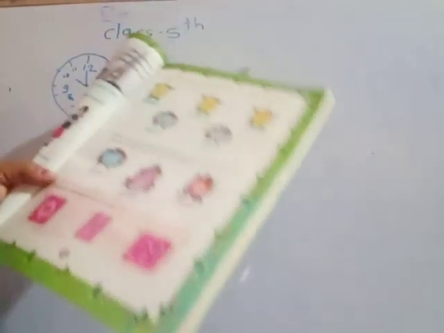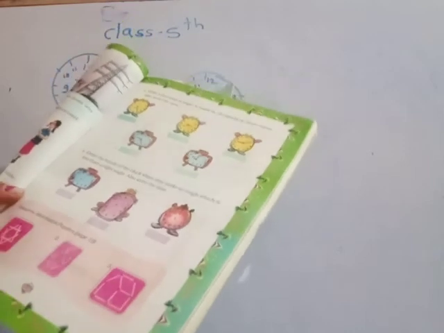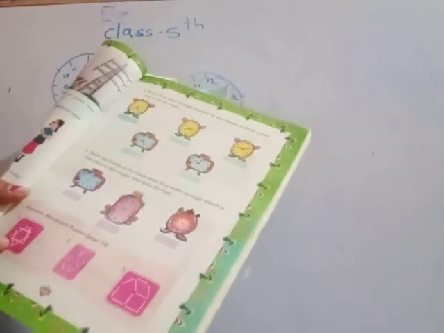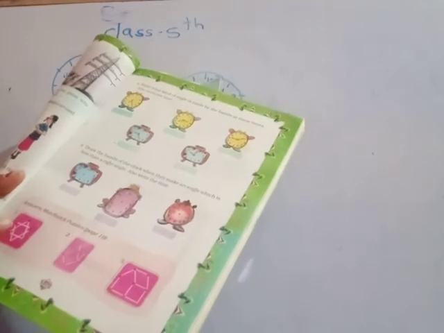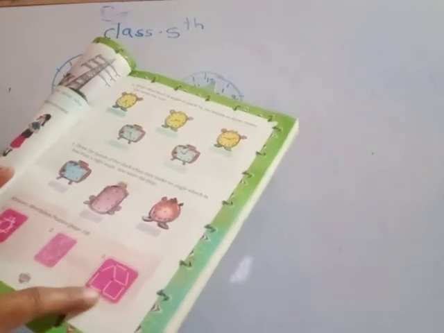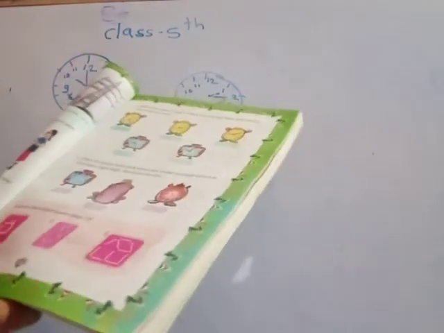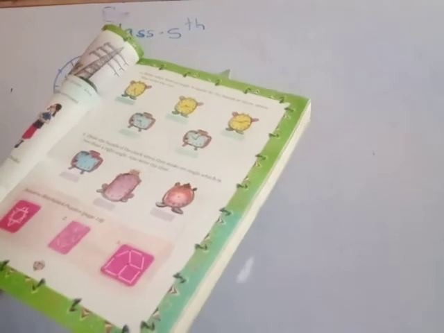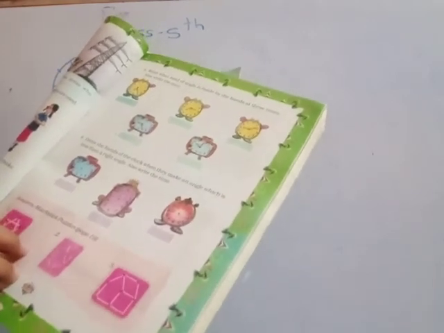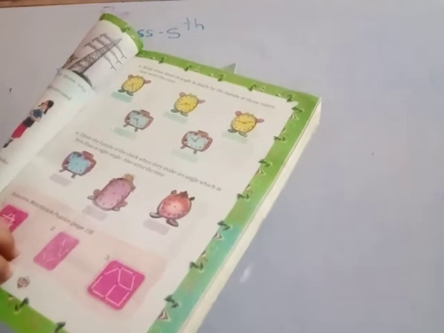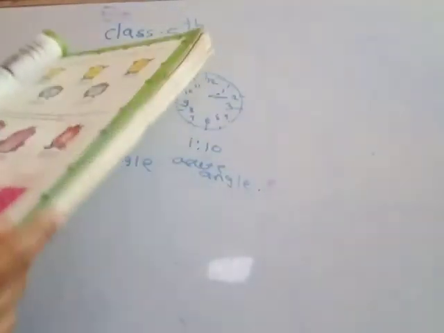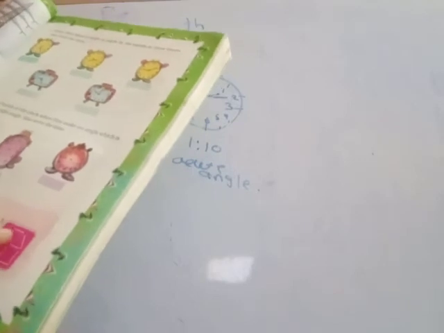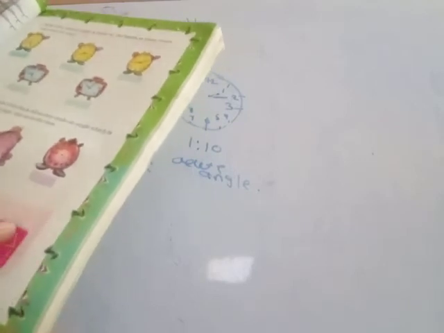Then see these matchstick puzzles. Using these matchsticks, you draw these different types of pictures. See the first one, this star. Here, how many sides and how many angles do you see? 1 2 3 4 5 6. Here also see this picture: 1 2 3 4 5 6 7 8. Here 8 angles are formed. Here 6 angles are formed. Here 7 angles are formed.